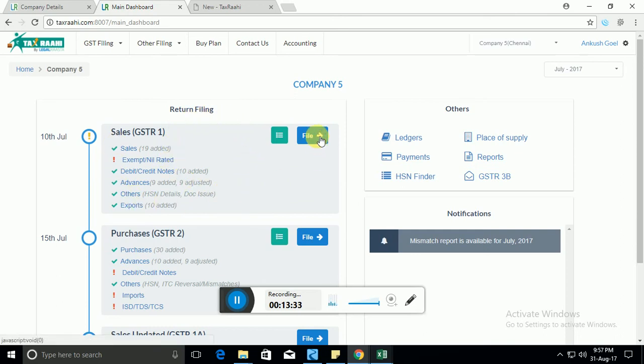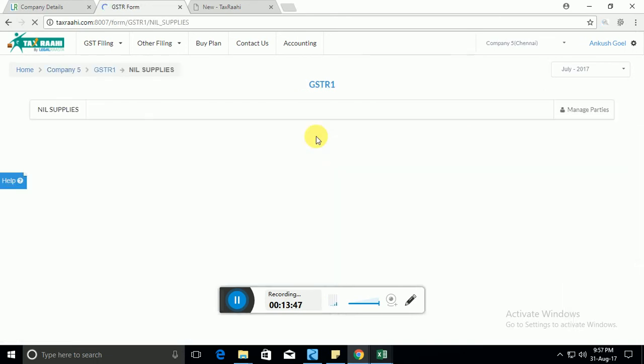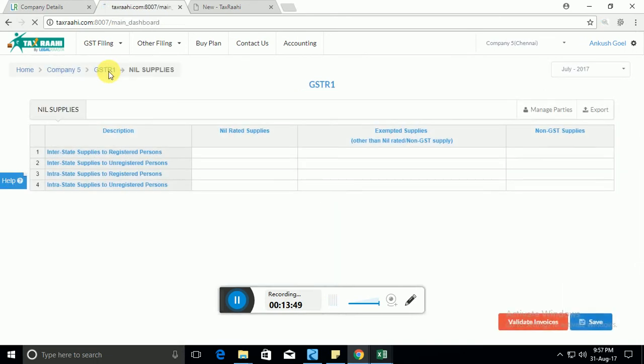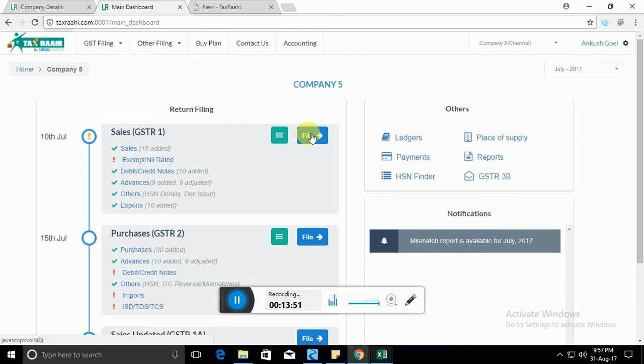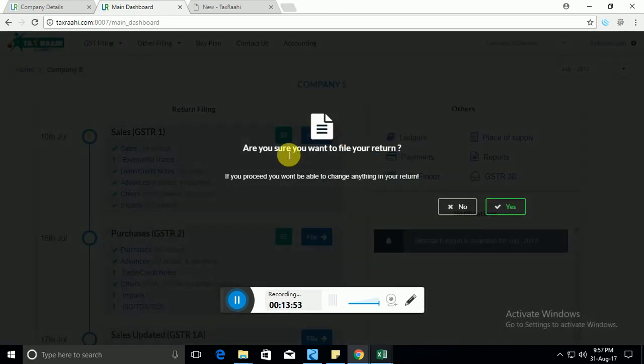Let's now move on to the filing component. Once you see that everything has been added and everything has been ticked from your end, you can proceed with the filing. This filing, by the way, has to be done typically before 10th of every month. So let's say I want to file my GSTR1. The system will ask for a confirmation. The moment you press yes,